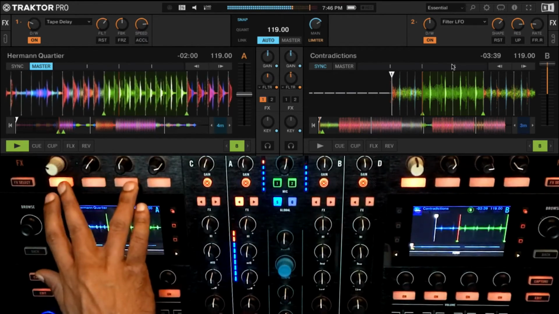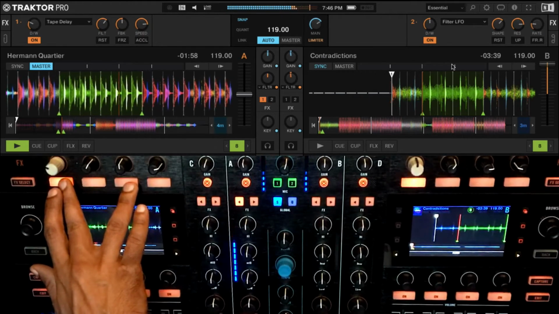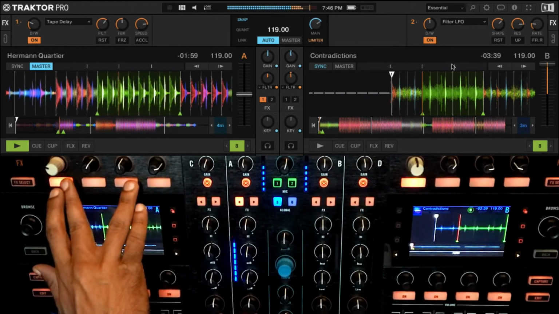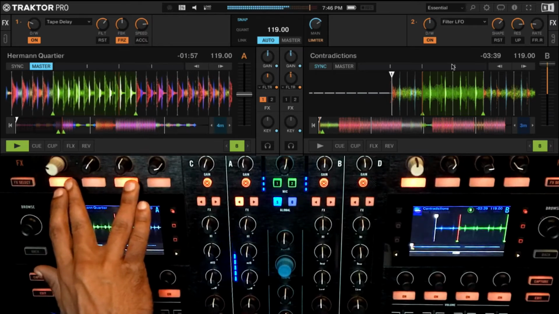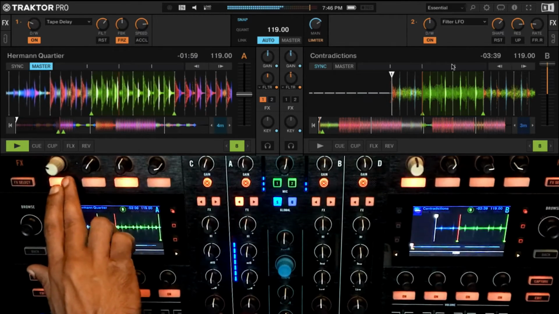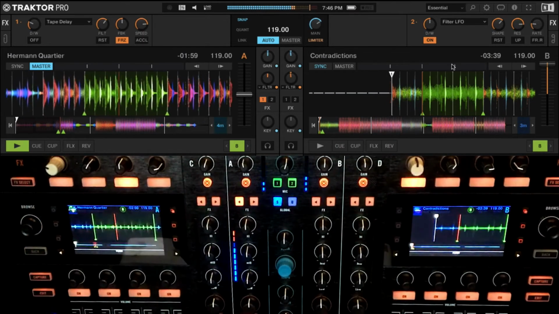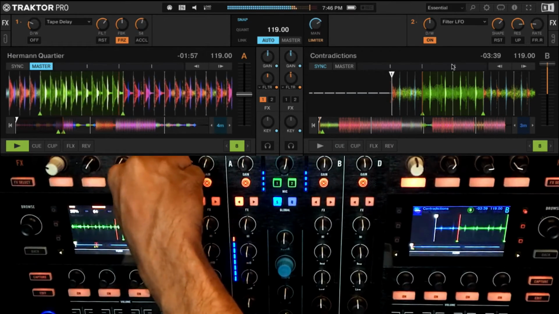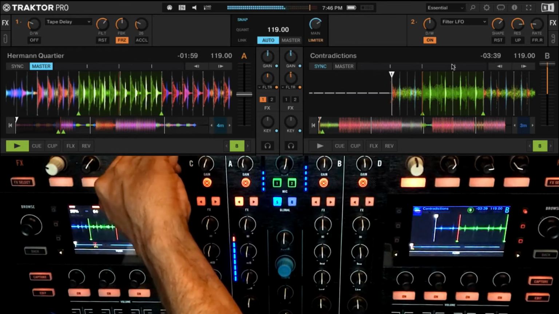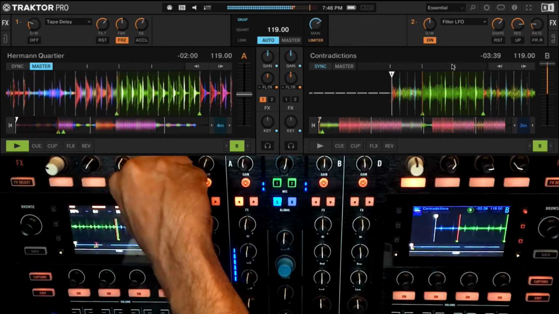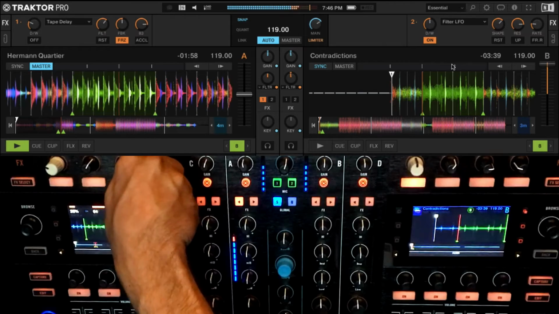Now I'm going to freeze and then switch the on button off, because if I freeze, it's going to go just into the wet sound. But the moment I put the on button off, the original audio will come back. Now I can play just with the feedback.